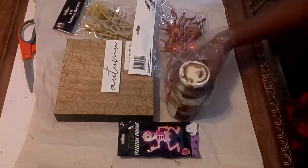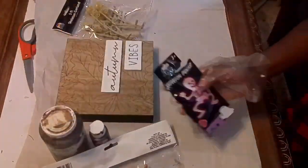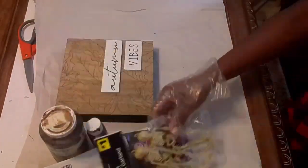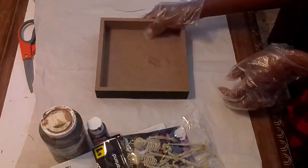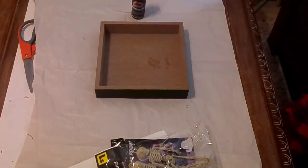I have some Waverly Antique Wax. I have some black paint. I have these spiders from the Dollar Tree. I have the skeleton pendant from Target. I have the skeleton garland from the Dollar General. And then I have this